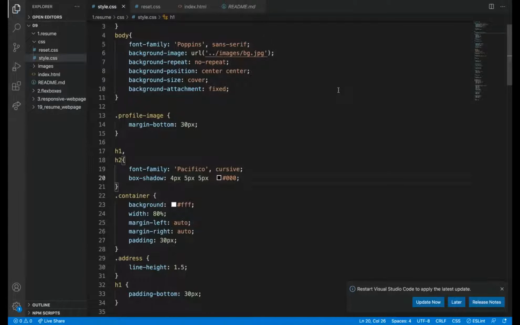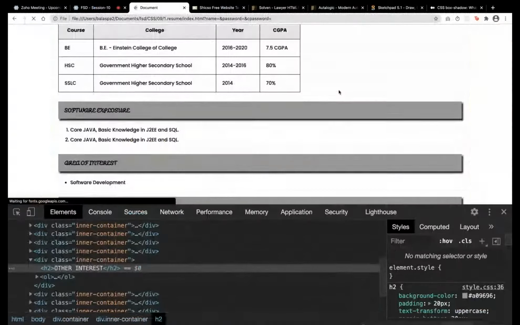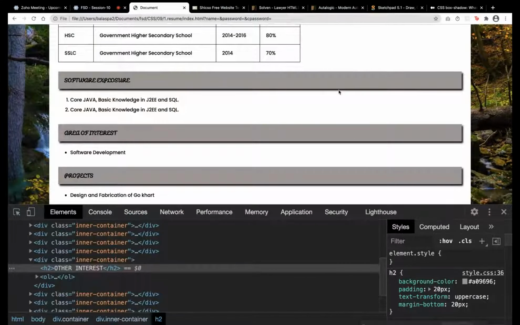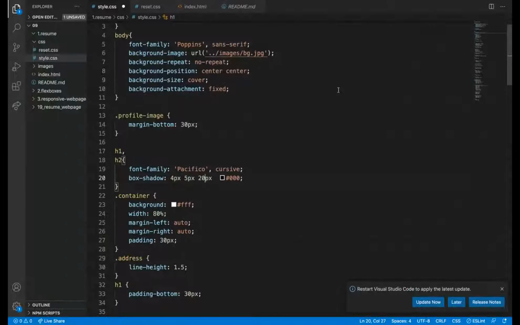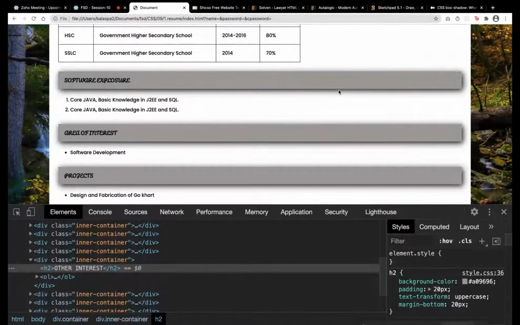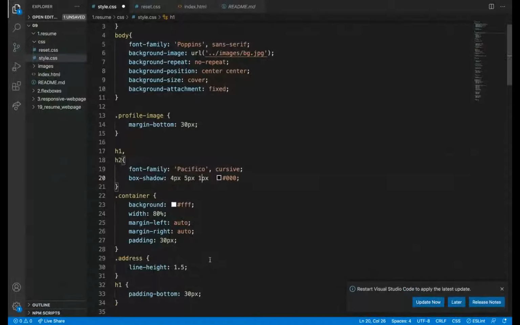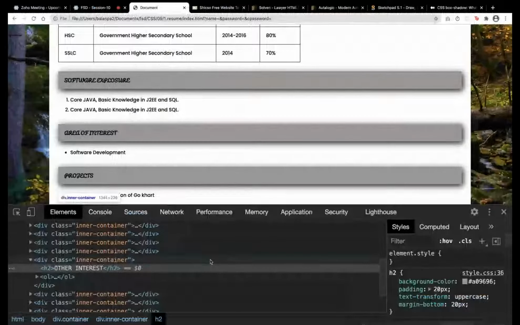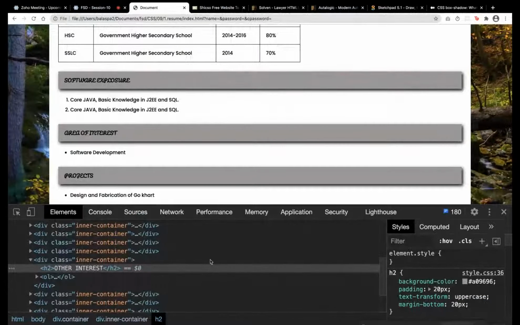I can say 5 pixel of blur. So it is blurred. I can say 20 pixel of blur, so it will be a little bit more blurred. When it is more blurred, we can also see there is shadow at the top too. I'll show that later. So for now, we can make it 10 pixel blur, so you can understand how blurred it is.